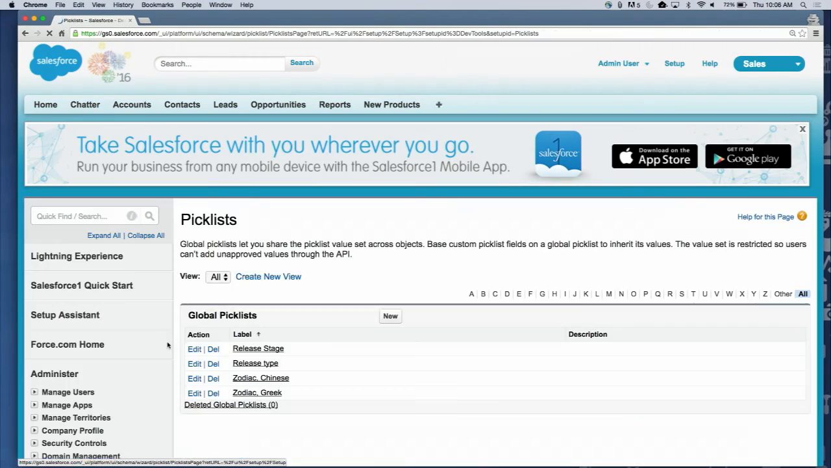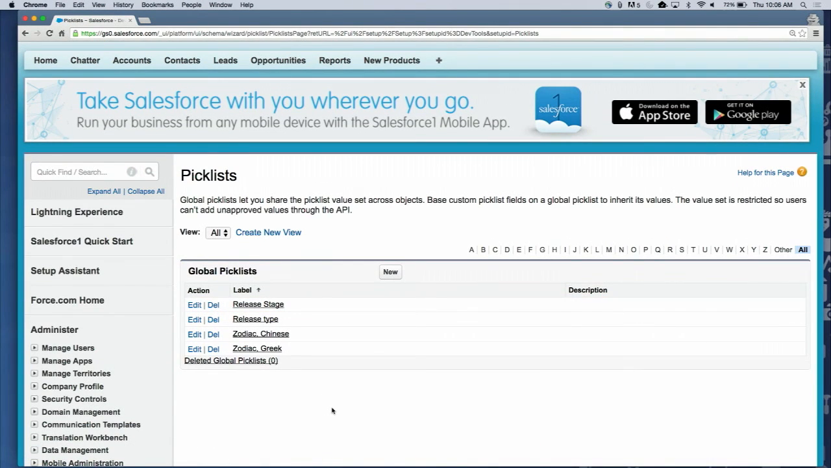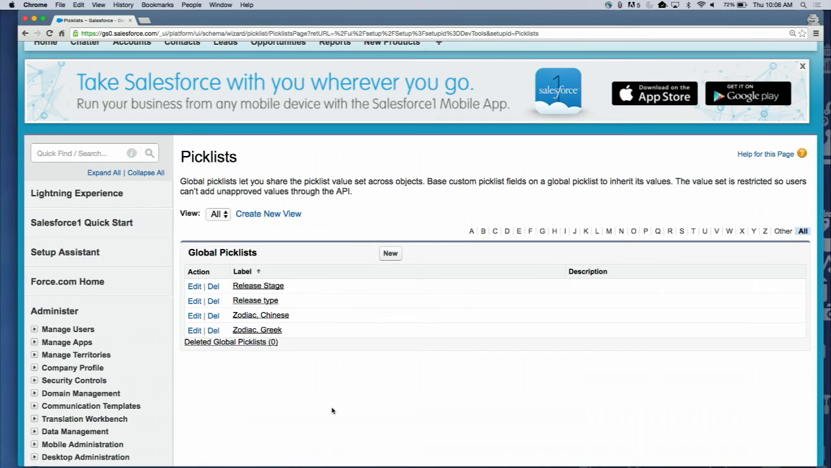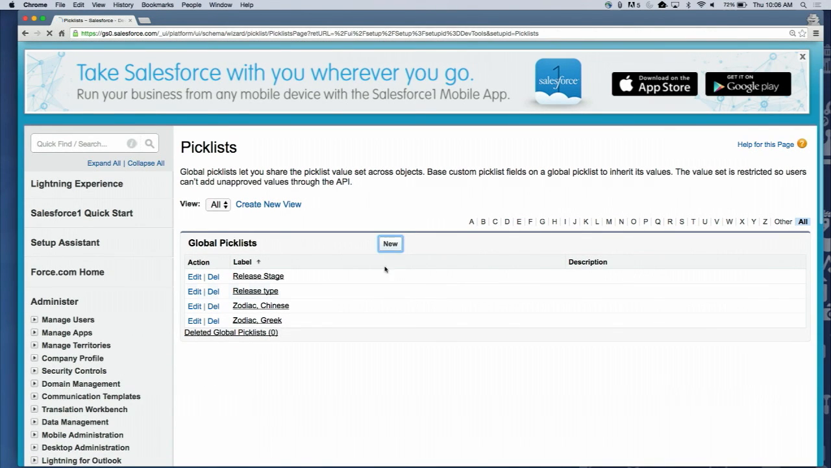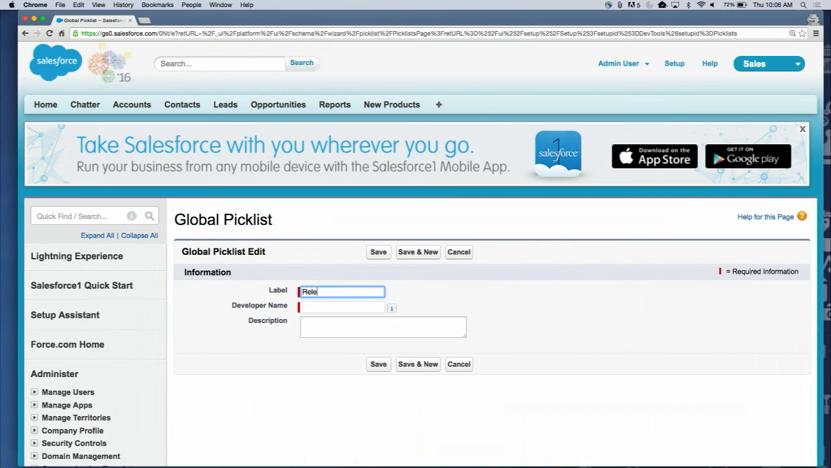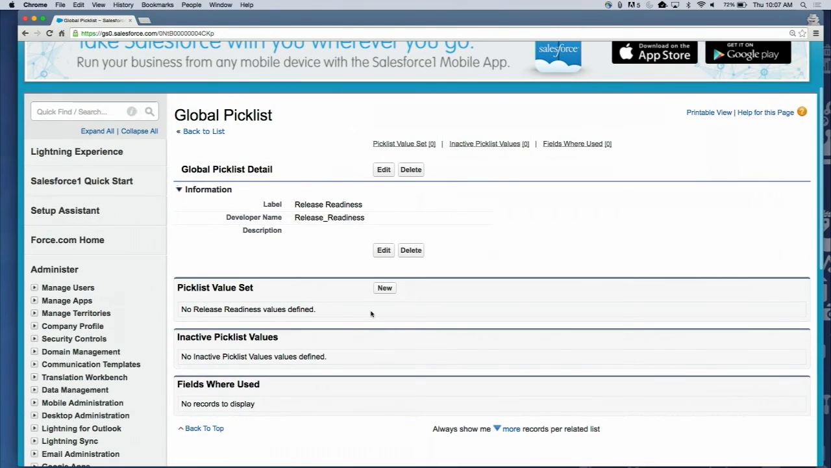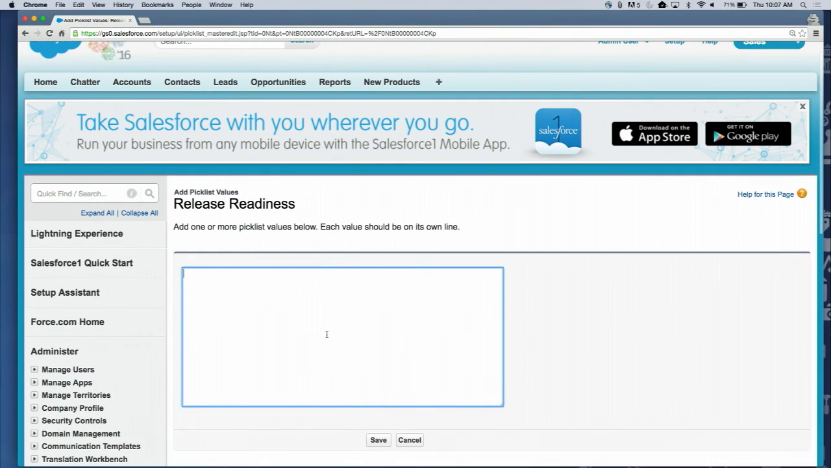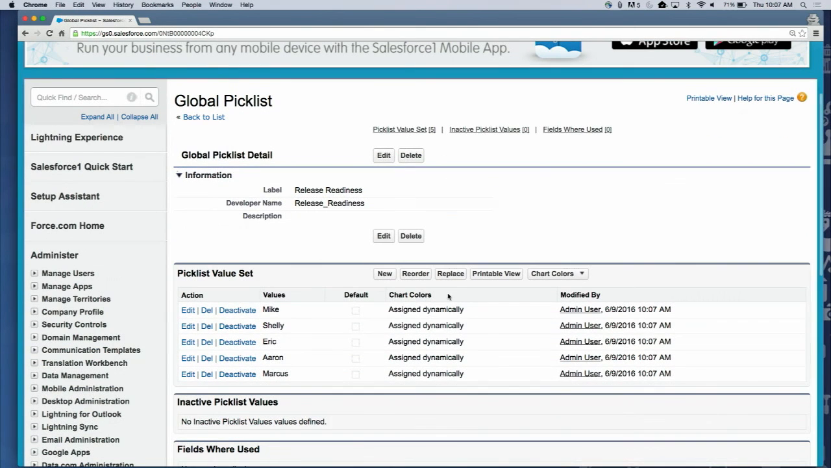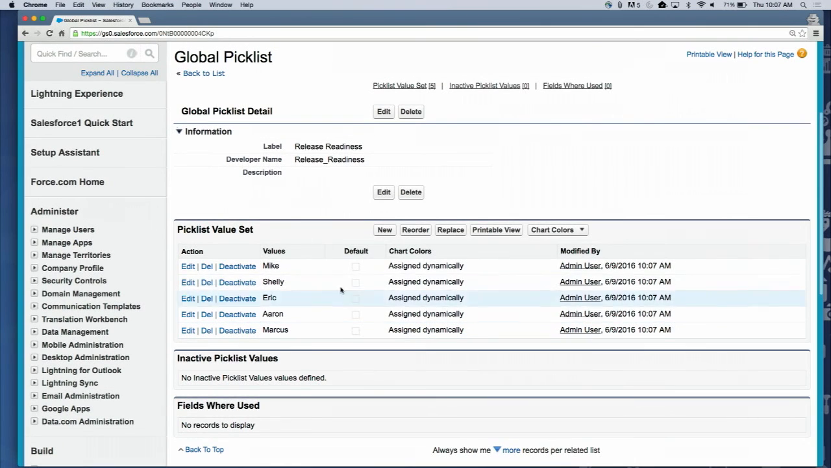You can now create the value sets for pick lists in the setup tree because they are not tied to a specific object. And I'm going to go ahead and create a new one here and call it Release Readiness. Save that, and I'll put us on that. Mike, Shelly and Marcus. Okay, so now I've got a new set of values that looks a lot like a pick list you would have seen historically,